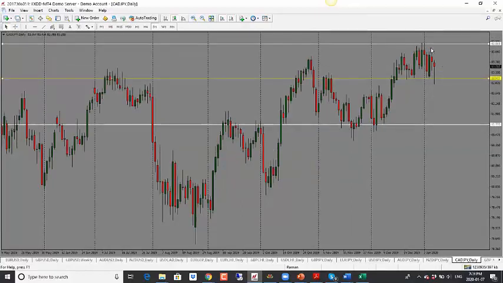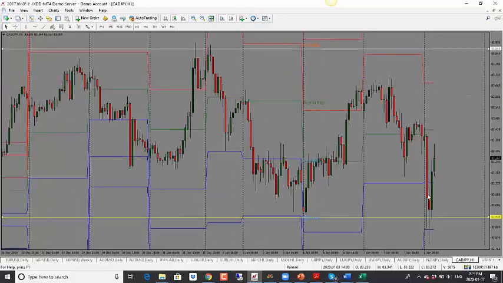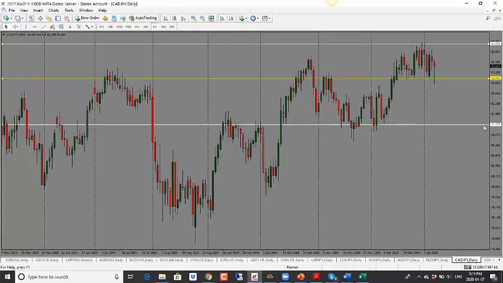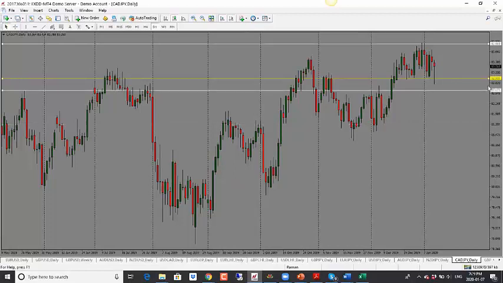CAD yen, same thing. We do have a bearish candle close here. We have lower highs, so bias is to the downside. But once again, price reached the support, couldn't hold below. We saw a quick drop and then just as quick a move back to the upside here. But overall, bias is to the downside. 83.00 is the first target. And then should it continue lower, 82.50 is the second target.